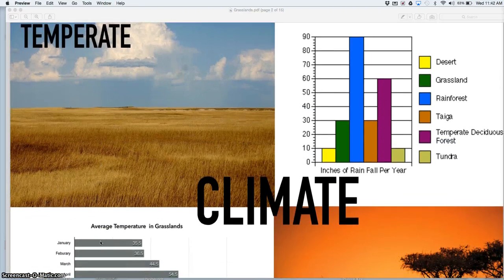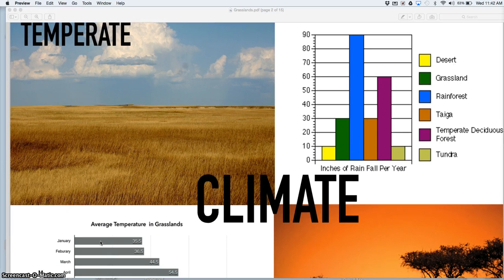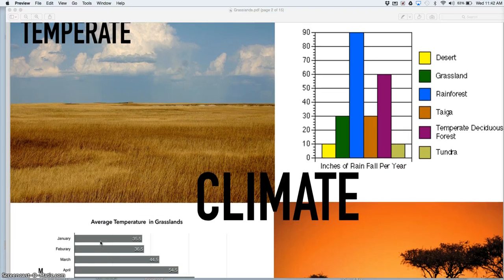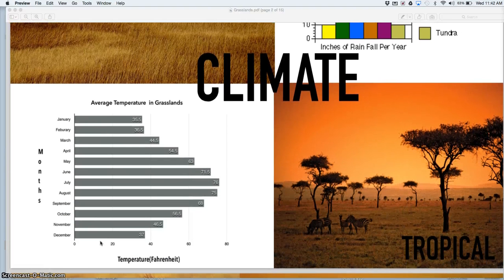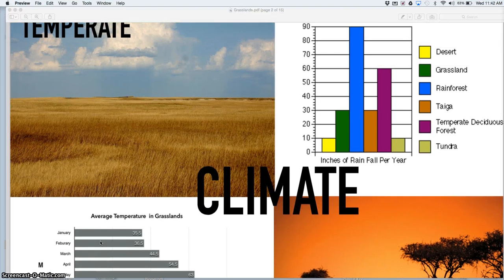Okay, next we're going to talk about climate. There's two main types of grasslands: temperate and tropical. Temperate is pictured in the upper corner, and tropical is on the lower. Temperate grasslands have hot summers and cold winters. The summer temperatures can be well over 100 degrees Fahrenheit, while winters can be as low as negative 40 degrees